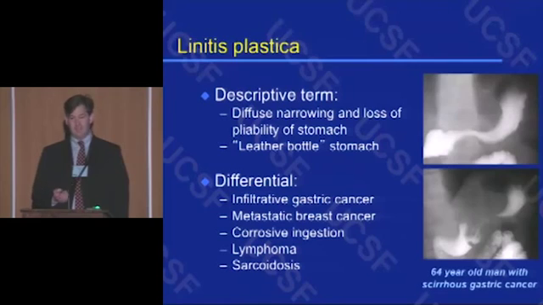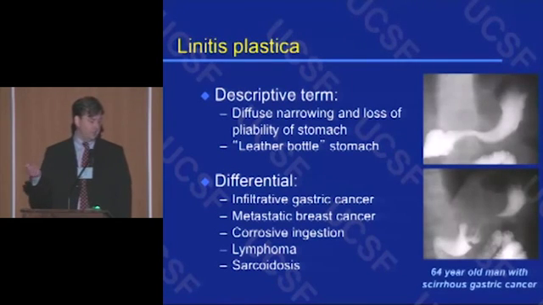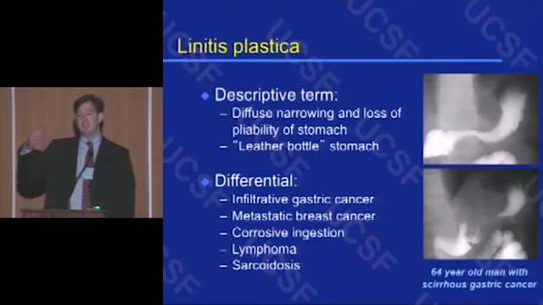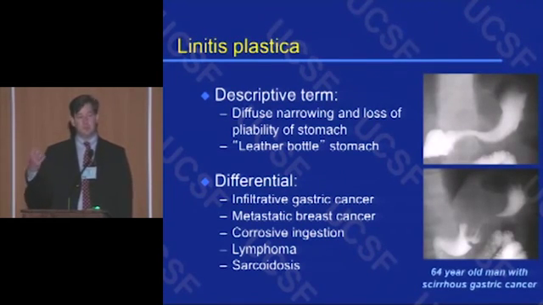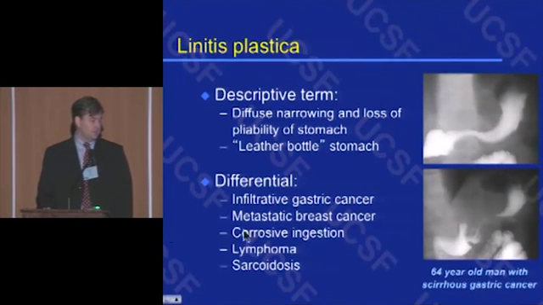So what is linitis plastica? It's a term meaning leather bottle stomach. What it is, like I said, it's all about dynamic exam. You have to see whether the stomach or the esophagus, small bowel, or anything distends normally. So there's diffuse narrowing, loss of pliability. You can see that the distal stomach and gastric fundus are both wider than the gastric body. The gastric body should distend very well on a double contrast